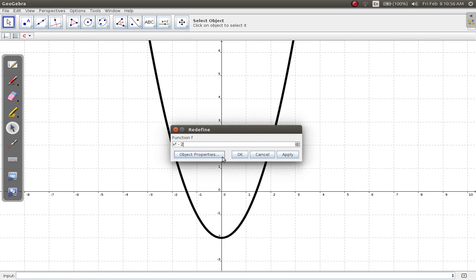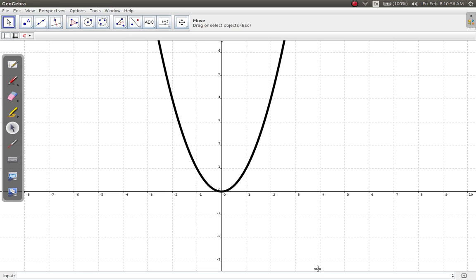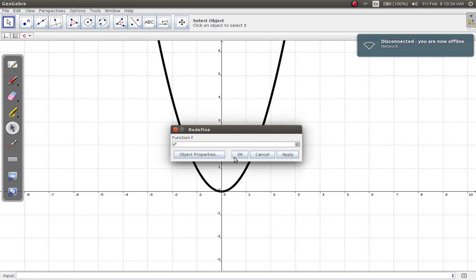Because remember, what we had originally was x squared. 0 squared is 0, so this point is called the minimum point, the lowest point on the graph, and it is at 0. When I said minus 2, x squared minus 2,